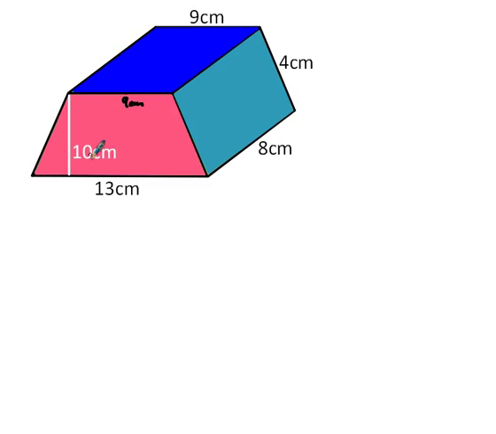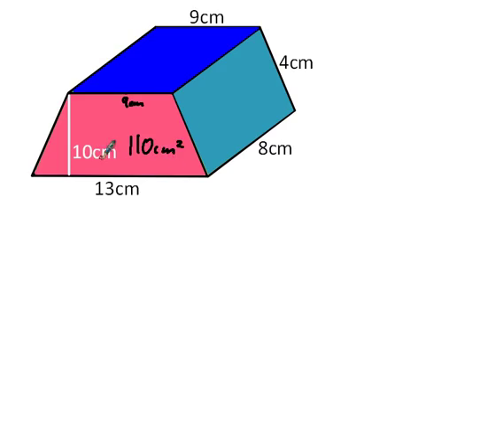So I'll say that again. There is a video on this if that would help. But you add the two parallel sides together and divide by 2, and then multiply by the vertical height. So 9 add 13 is 22. Divide by 2 is 11. Multiply by 10 is 110